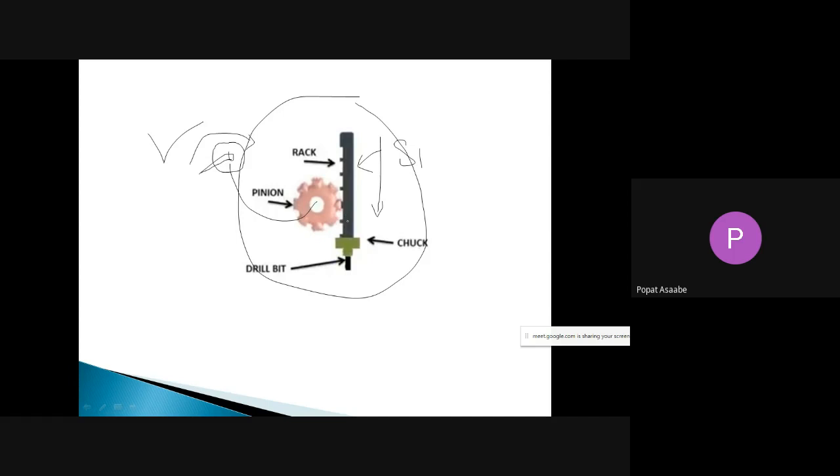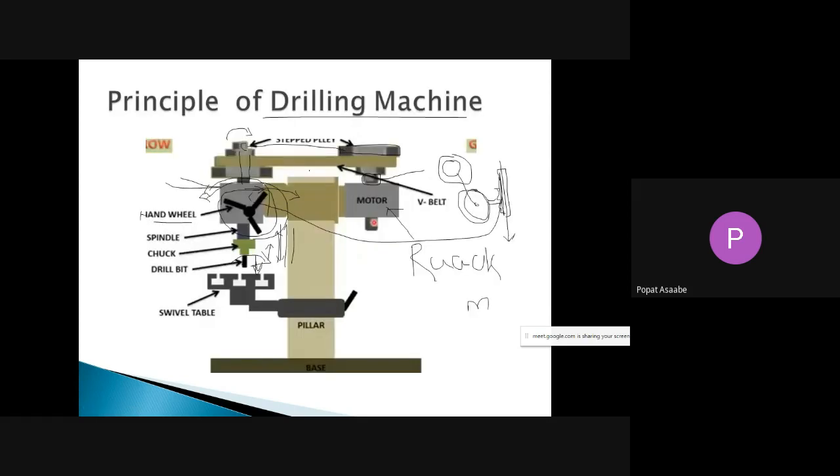Simultaneously your spindle is going to move in downward direction, and also we can move the spindle in upward direction. Okay, this mechanism we can use in that spindle head for reciprocating the spindle. This is the simple basic principle on which our drilling machine is going to work.